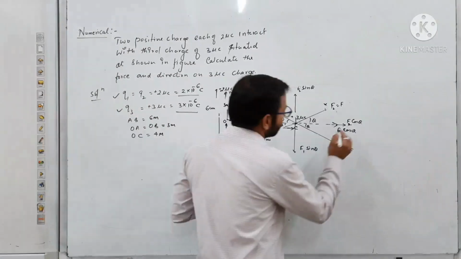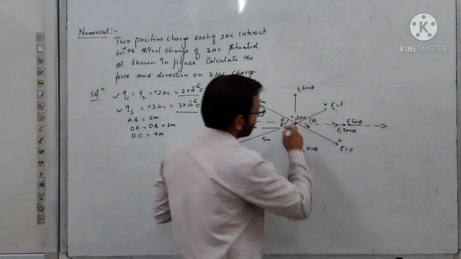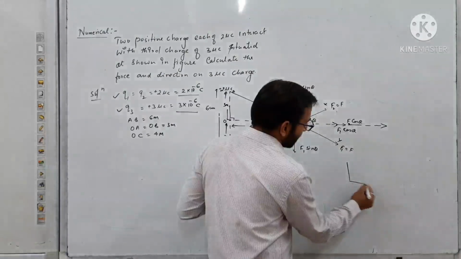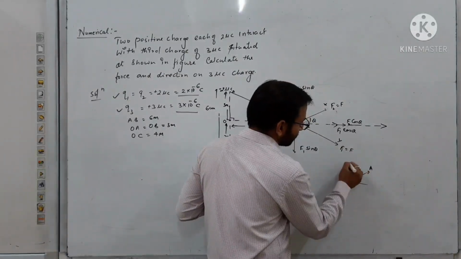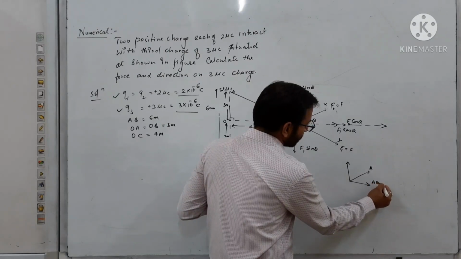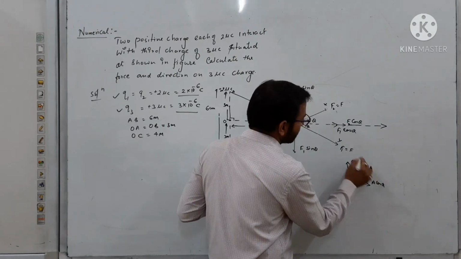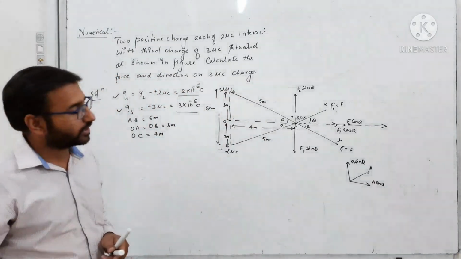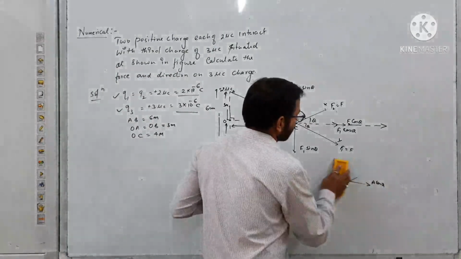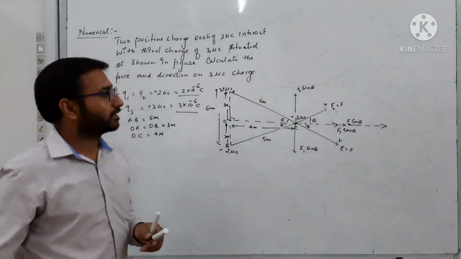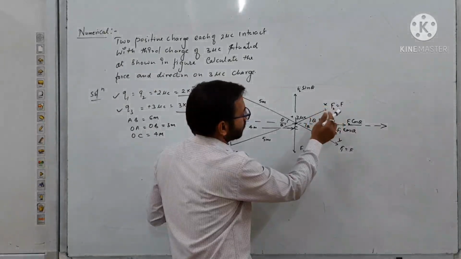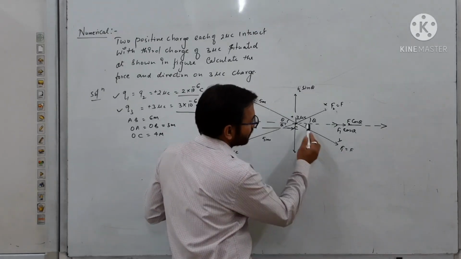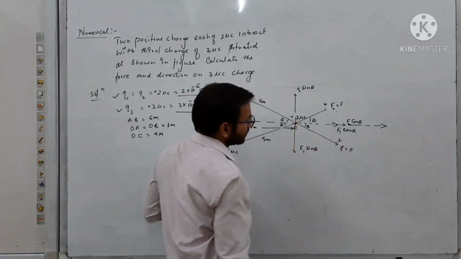So here we will get the net force after resolving the force into its two components. As we know about rectangular components, when we have a vector, we resolve it into its two components, A cos theta and A sin theta. Similarly here the force is also resolved into two components, known as rectangular components or resolving vectors. So we resolve the force F2 into two components: F2 sin theta and F2 cos theta. Similarly for F1: F1 cos theta and F1 sin theta.